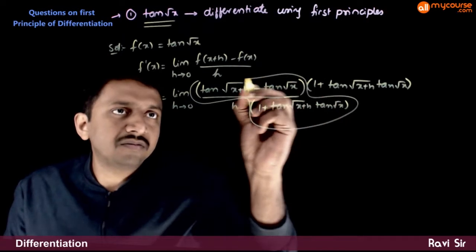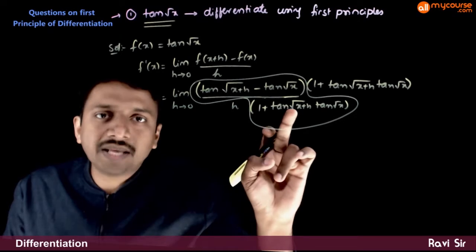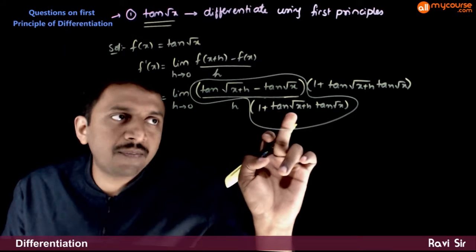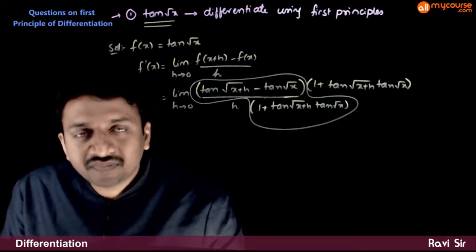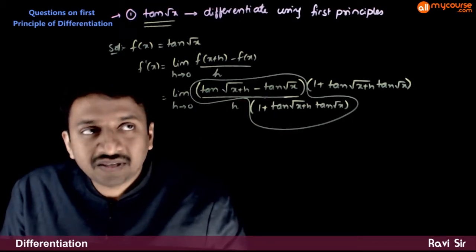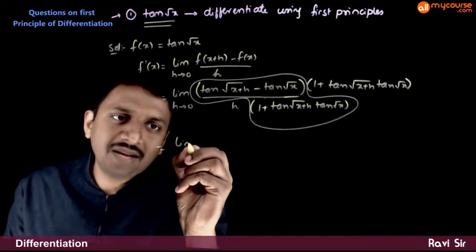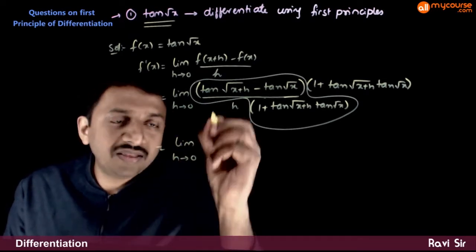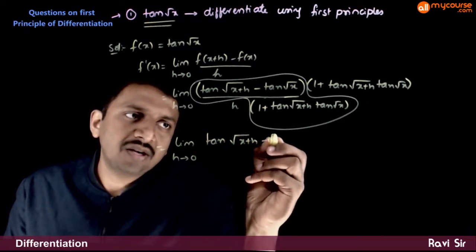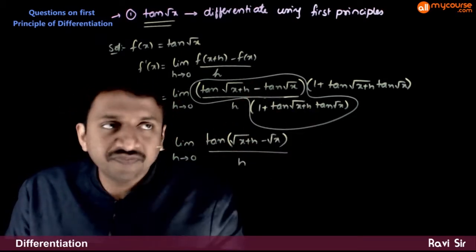now carefully look at this expression. So this looks like tan of something minus tan of something by 1 plus tan of something into tan of something. This is tan A minus tan B by 1 plus tan A into tan B. This is the formula for tan of A minus B. So that is limit h tends to 0. This becomes tan of root of x plus h minus root x, this whole expression, divided by h into